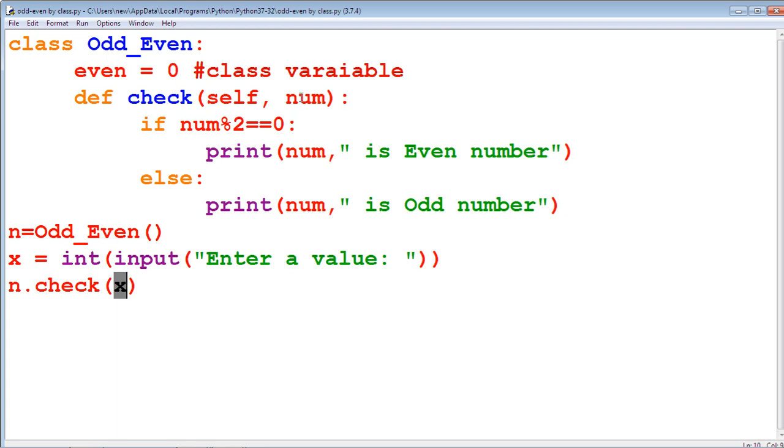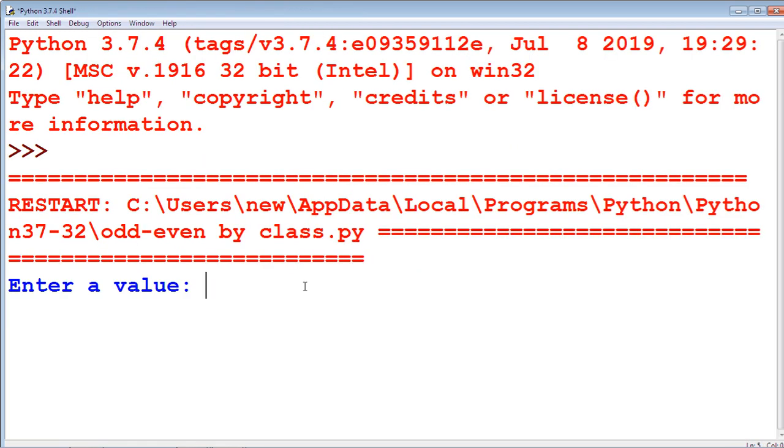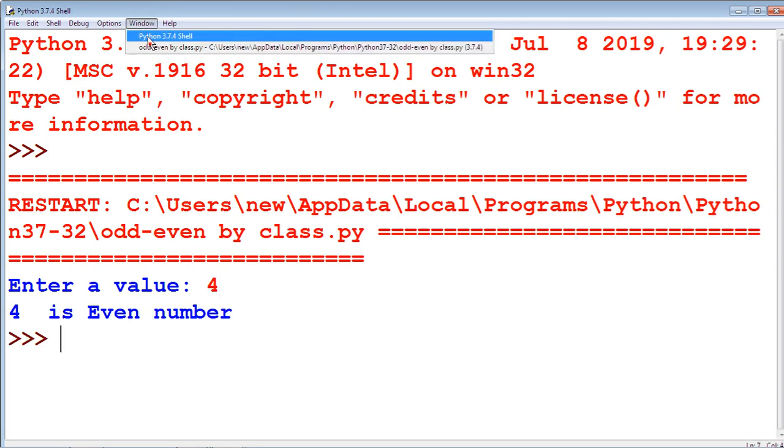The 4 is copied to the num value. 4 modulo 2 equal to 0 is true, so we get the result 4 is even number. Run this program by giving the value 4. Now we get the result 4 is even number.